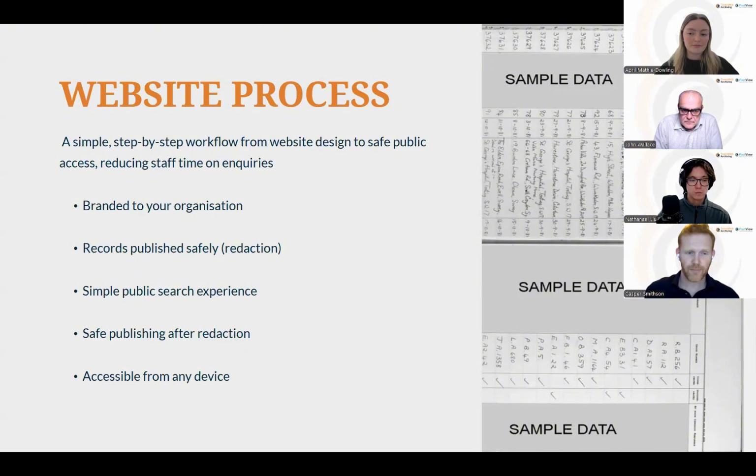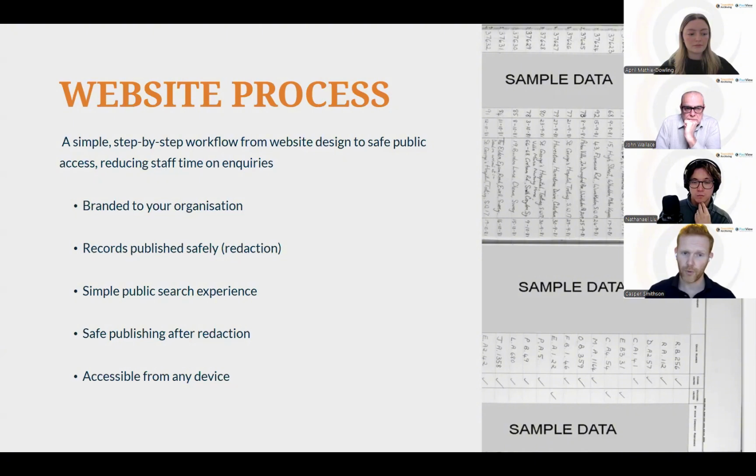So before we jump into the demo, we'll give you a quick run through of what typically happens with our website processes. Once all the data is within the PassView system, you then have the ability to push some or all of that content to a website and potentially monetize that content directly from there.